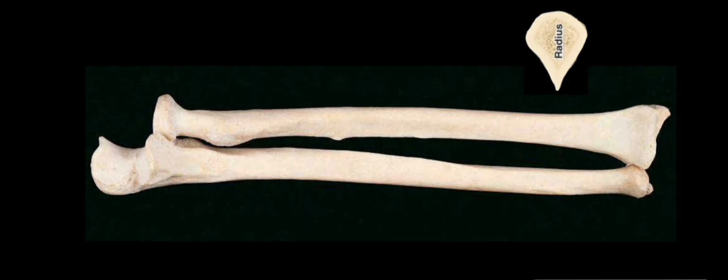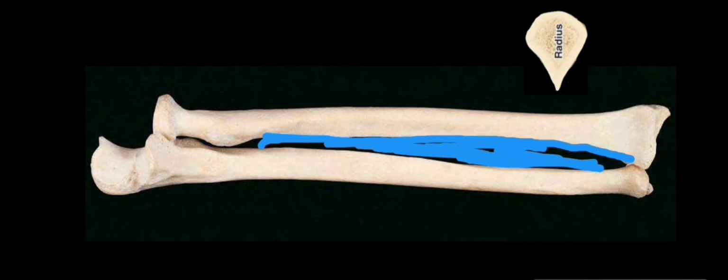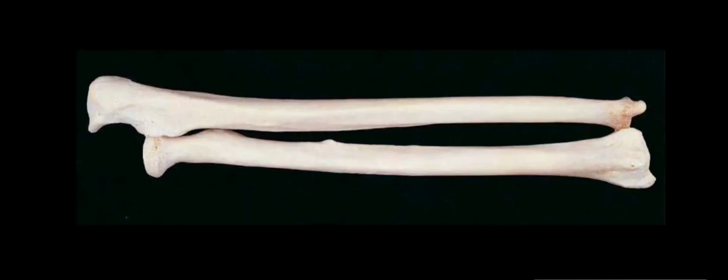And coming to the medial border, it extends inferiorly from the radial tuberosity and goes up to the lower end, and it is the sharpest border, and it gives attachment to the interosseous membrane which is present between the radius and ulna. This is the interosseous membrane, and in the lower part it forms the posterior margin of a small triangle. Here is a small triangle located in the lower end. And next, the posterior border also extends from the radial tuberosity obliquely downwards, forming the posterior oblique line, and in the middle part it is distinct, and in the lower part it will be indistinct.